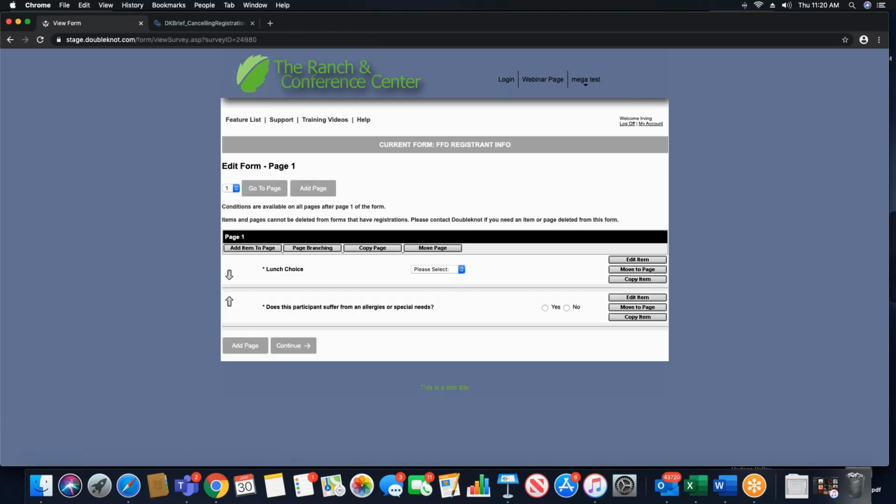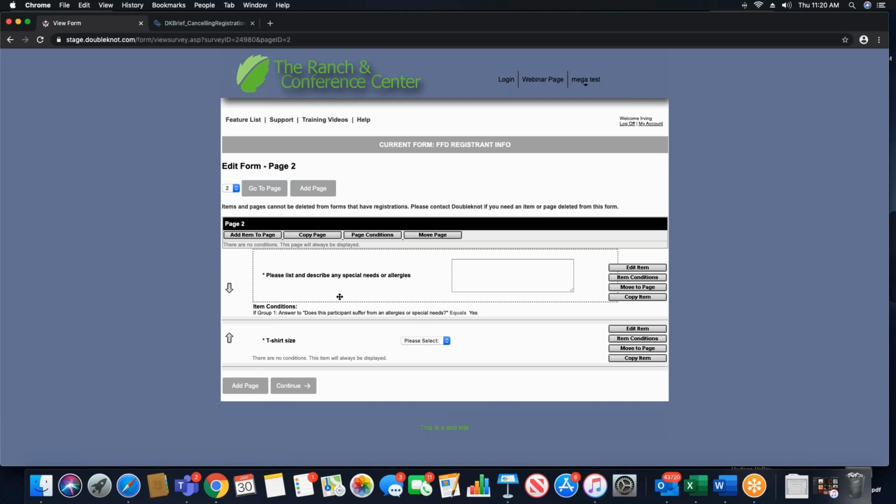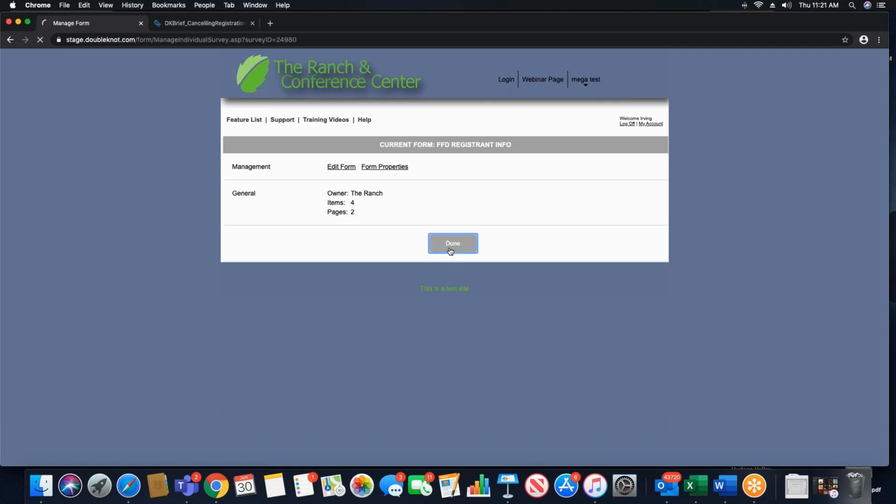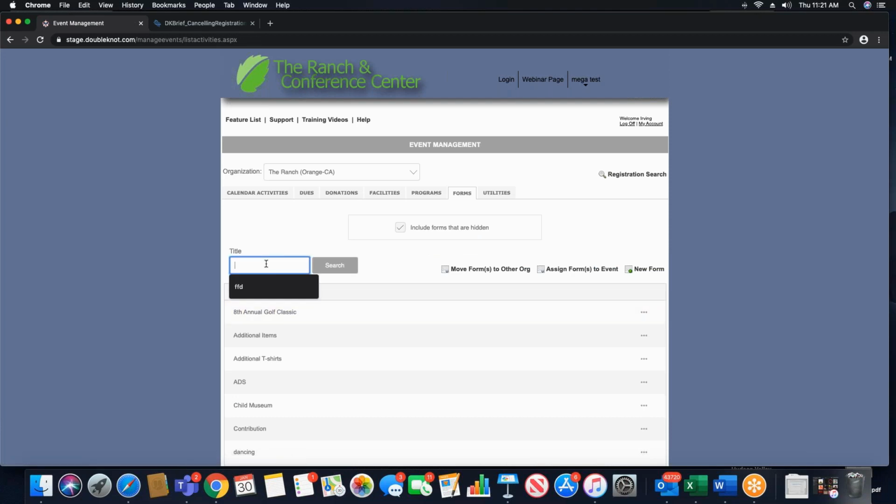So let's go back to page 2. You'll notice that I have my please list any allergies or special needs, and it has that conditional logic, so it's only going to show up if they say yes. And then you'll see t-shirt size, so they can then come here and select t-shirts. Again, that's just built with a drop-down menu with items in it. If I say continue, now I'm going to go look at my form that I have built for my